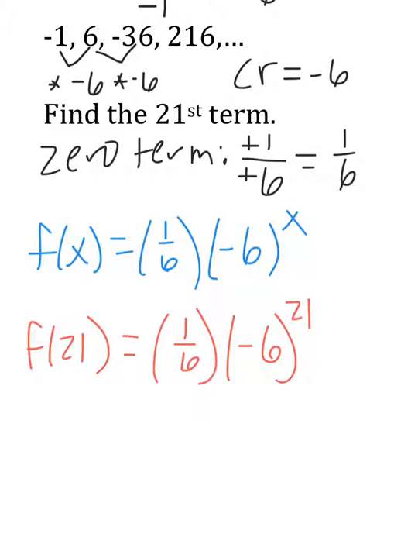So let's type this into our calculator here. Do this along with me. I'll take 1/6, put that in parentheses, times, in parentheses again, -6, and then we can do that little caret button to the 21st power. Okay? And when I get that, I get